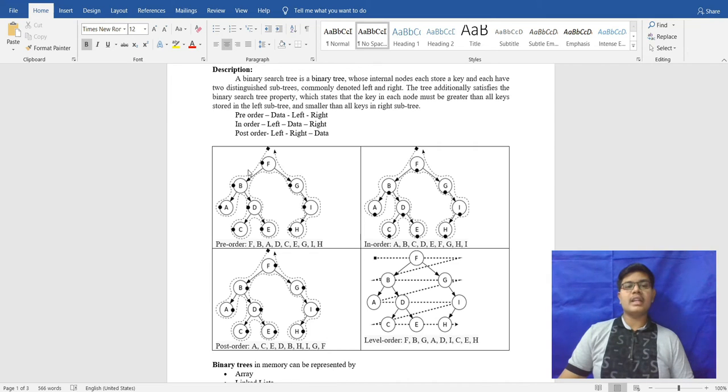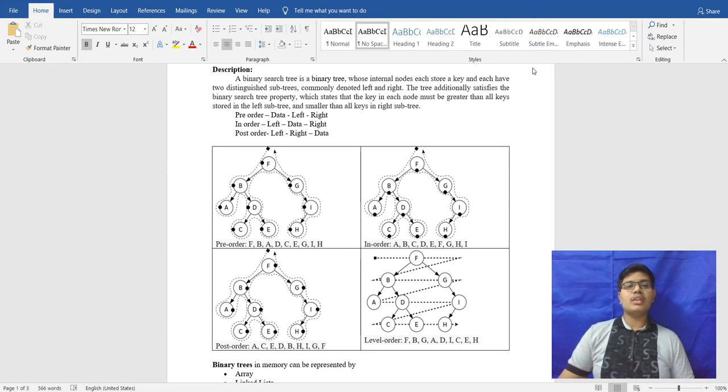The left node contains all the lesser numbers in the binary search tree, and the right contains all the greater ones. The left part also has a subtree. This also contains the lesser part of the binary search tree, and the greater part contains all the greater elements in the binary search tree. So in a binary search tree, we are going to perform pre-order, in-order, post-order, and level order.